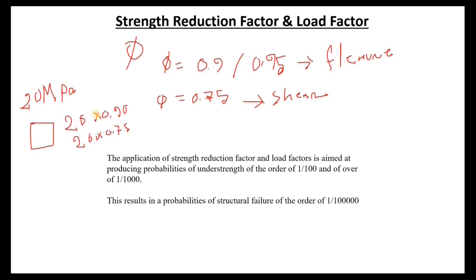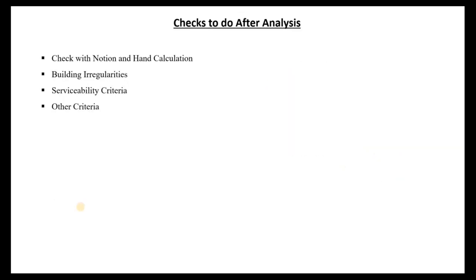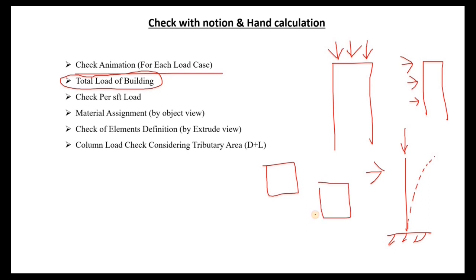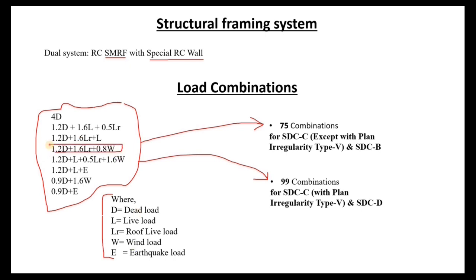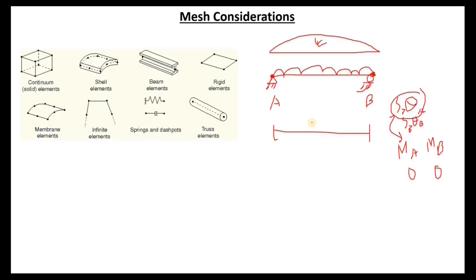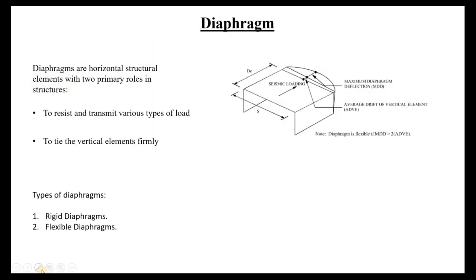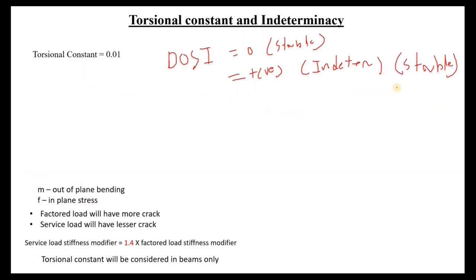method, principles of design, design methods for RC structures, strength reduction factor and load factor, documents required for structural design and drawing of building structures, building information to decide on, information for software model, checks to do after analysis, how to check with notion and hand calculation, how material properties are used and documented, structural framing system and load combinations, mesh considerations, what are diaphragms and what is the purpose of diaphragms in structural systems, effective stiffness or property modifiers, torsional constant and indeterminacy,